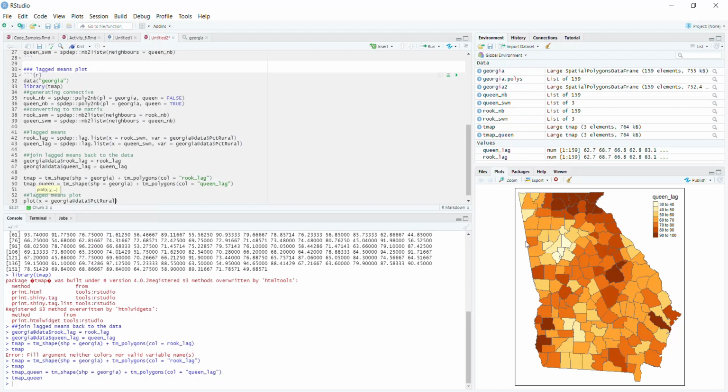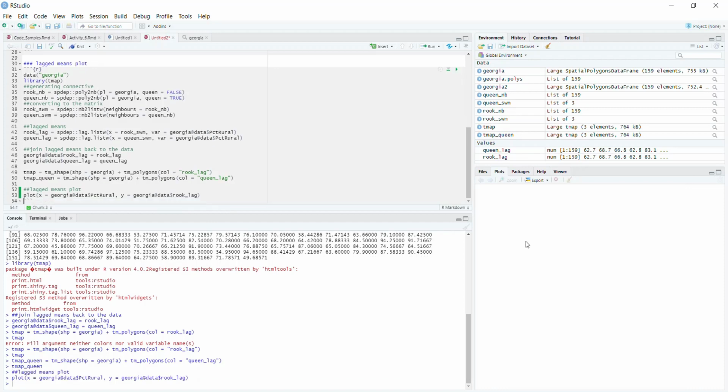Right, that's what we would expect, or that's what we normally have. And then we're going to plot that against, on the y-axis, our georgia_data$rook_lag. Right? So if we plot that, and then we call the plot,